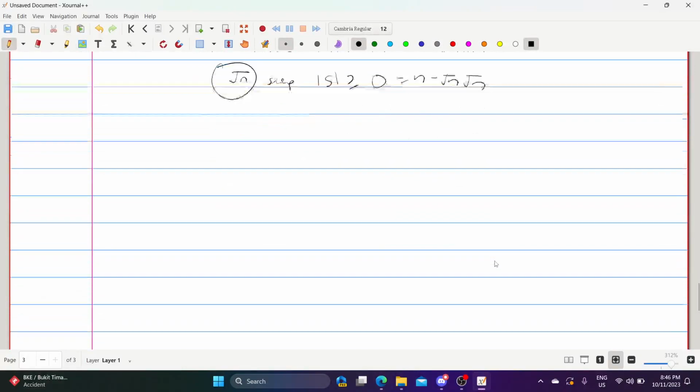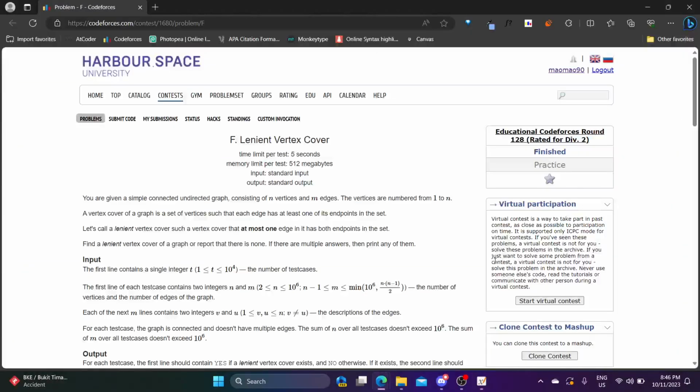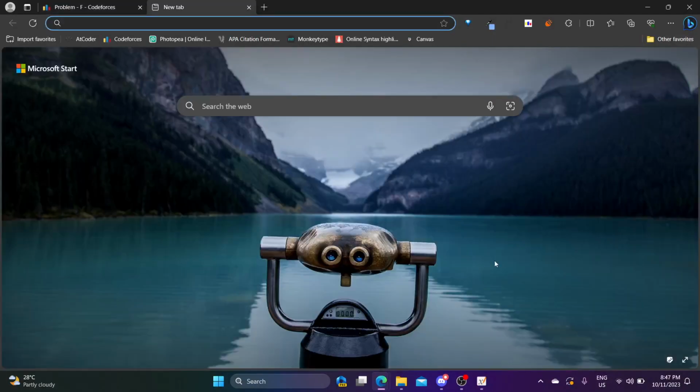Okay, if there are no questions, we'll move on to the last question, linear vertex cover. For this question, basically what you want to find is a special kind of vertex cover. A vertex cover is a set of vertices where each edge has at least one of its endpoints in the set, right? And then there's a problem called minimum vertex cover, which is an NP-something problem,